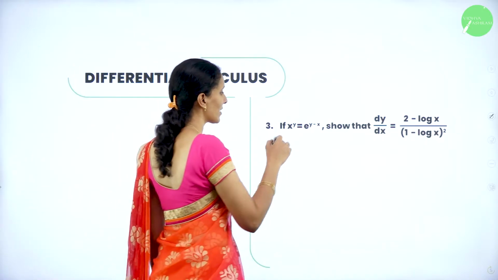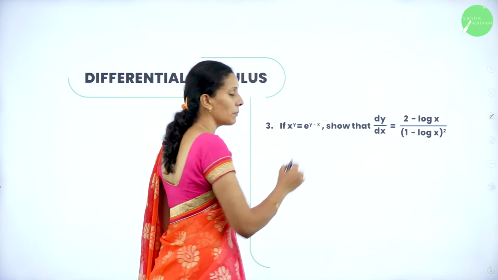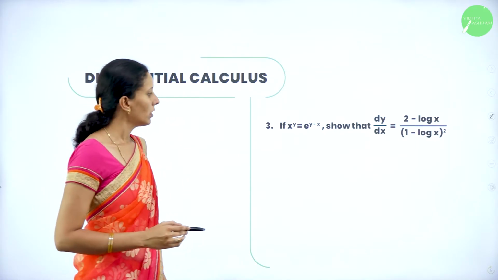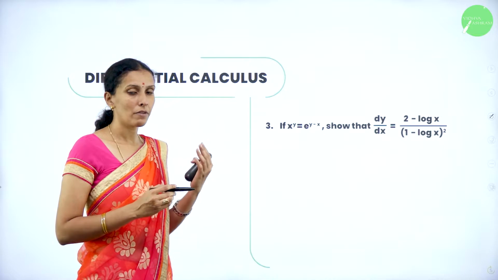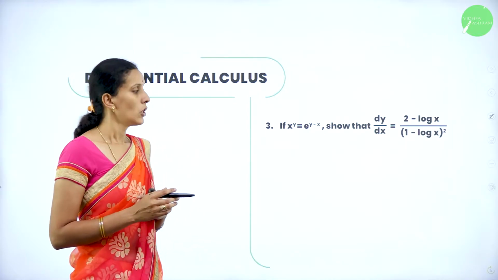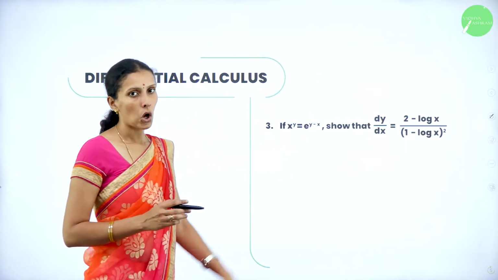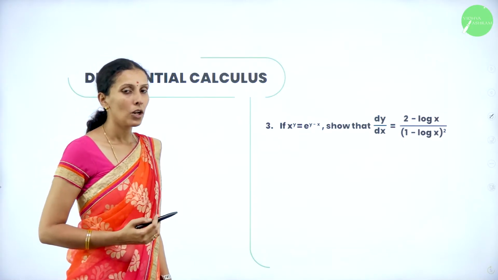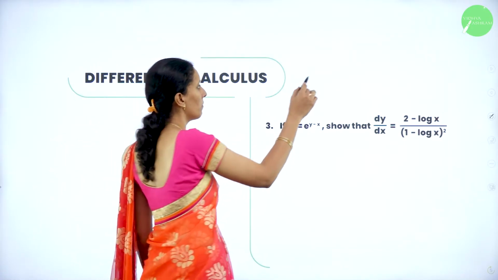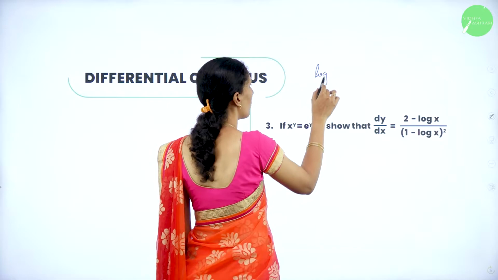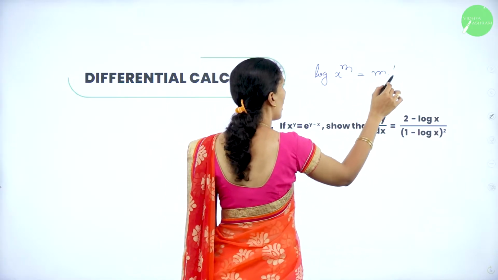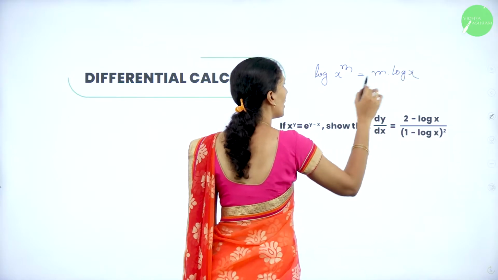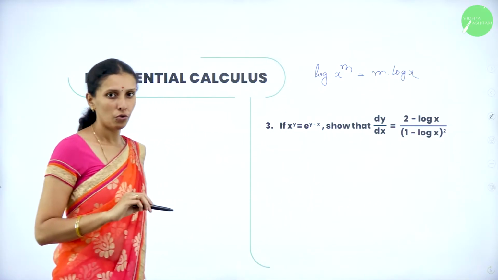So here we have x power y, here we have e power y minus x. Instead of differentiating x power y, we don't know what x power y is, and again we have to differentiate y. So for that, let me apply log on both sides. Why am I applying log on both sides? Because when you have anything in the form of a power, you can write it as a product along with log. So you can differentiate it easily as two functions.